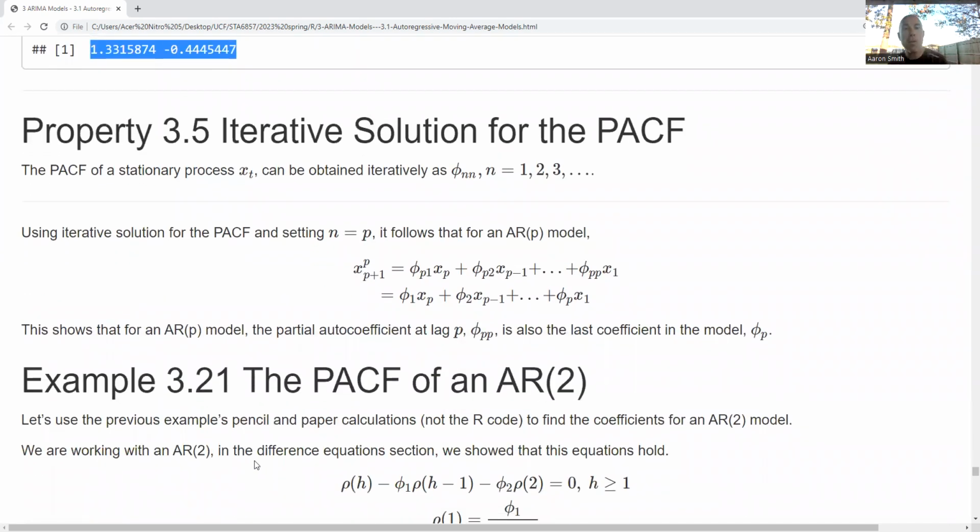All right, so let's take a look at iterative solutions for the partial autocorrelation function. The partial autocorrelation of a stationary process can be obtained iteratively as phi sub n. This is very nice, that I know that my partial autocorrelation is going to correspond directly to a coefficient in this process. So it's like I'm working to get the coefficients out, and for free, as a bonus, I get the partial autocorrelation coming out at me. Now, using an iterative solution for the partial autocorrelation function and setting n equal to the degree of our autoregressive model,